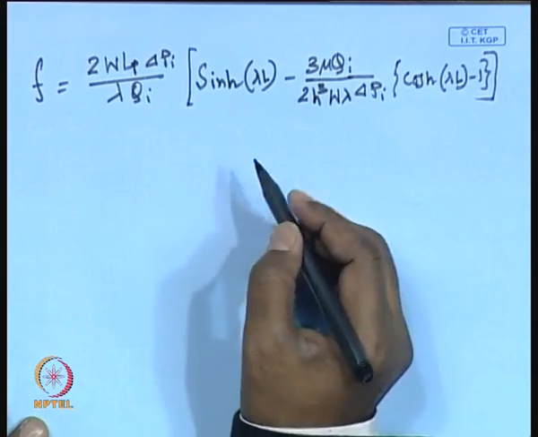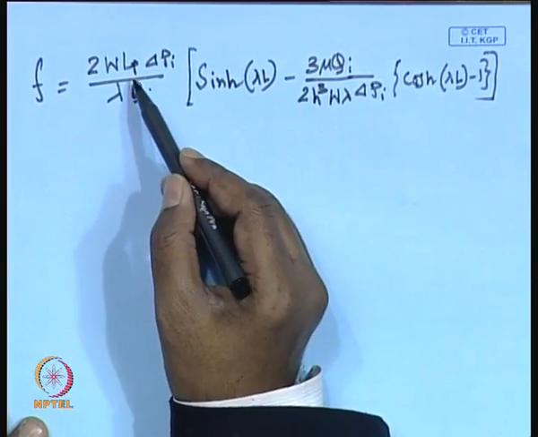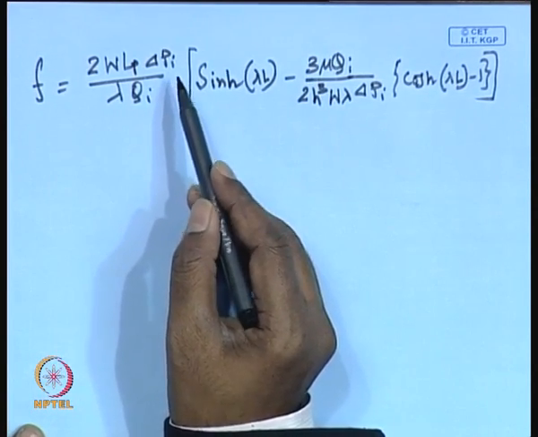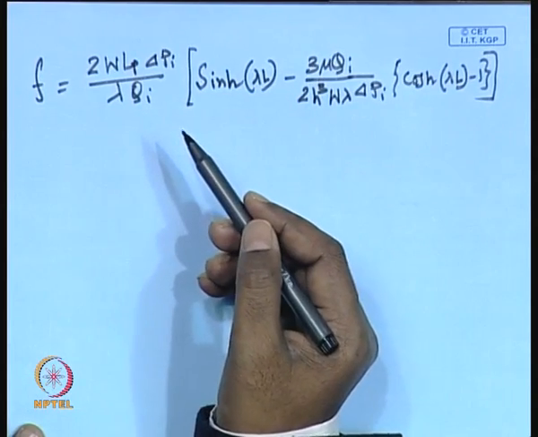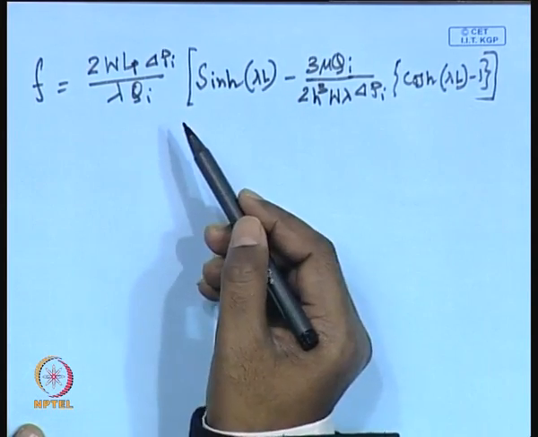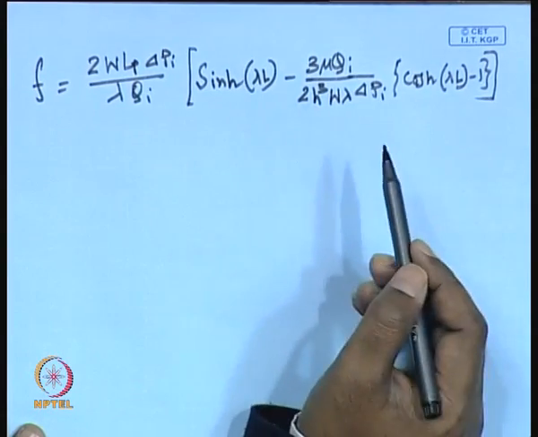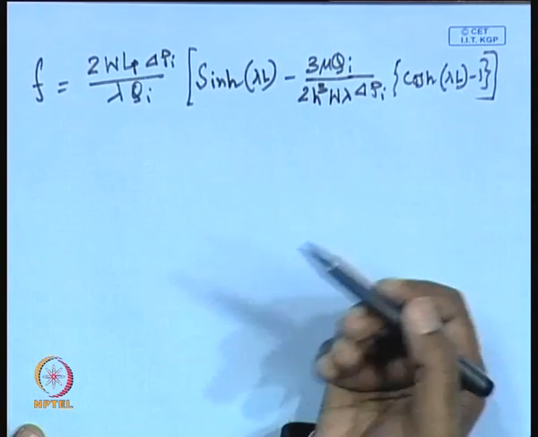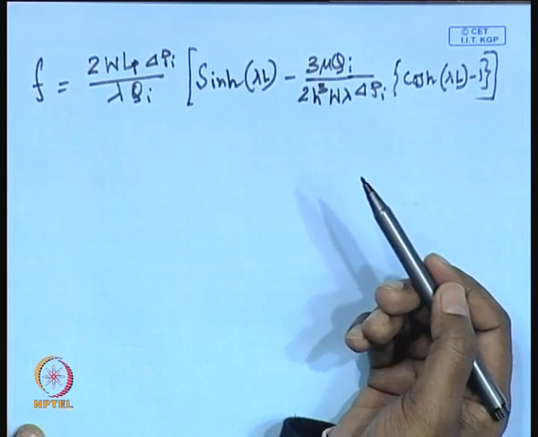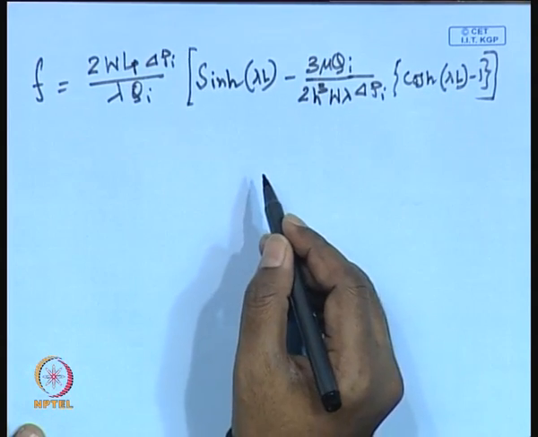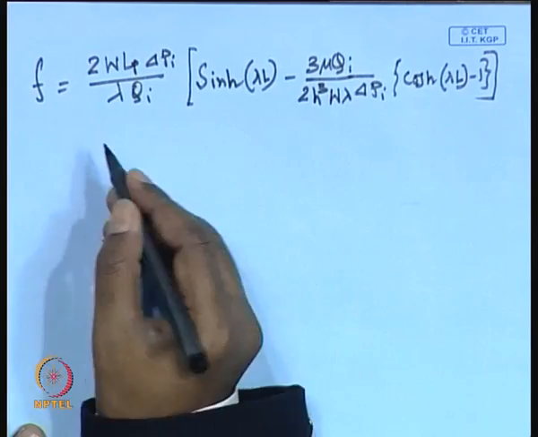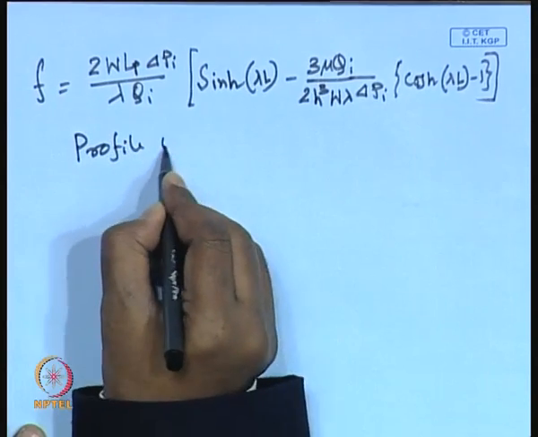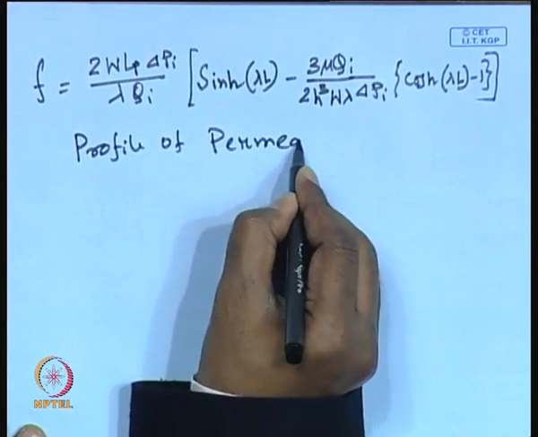So one can put in the various values: the width of the channel, the permeability of the membrane, and the transmembrane pressure drop delta P at the inlet, which is known to you because you have a pressure gauge there. Qi is the flow rate, also known because you have the rotameter there. Length is known, and all the other parameters are known. Lambda is a combined parameter of viscosity, permeability, and channel geometry, that is h, so that will be known. So one can estimate the total recovery of the feed in the permeate, and the profile of permeate flux is very simple to obtain in this case.